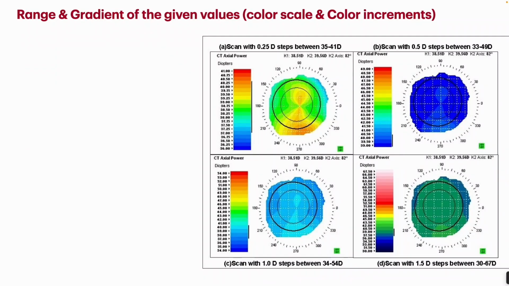Look here at this bar. You will find the difference between the superior point is 41, the next one is 40.75. So the difference is just 0.25. It's the most accurate because I think you won't be prone to miss pathology between these very neighboring points. But if the difference between the first and the second point is 1 diopter or 1.5 diopter, it could be accepted in the screening for this patient